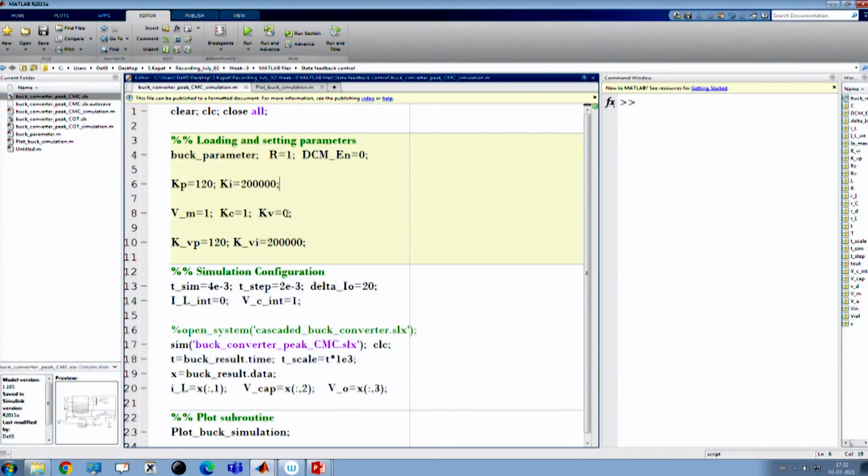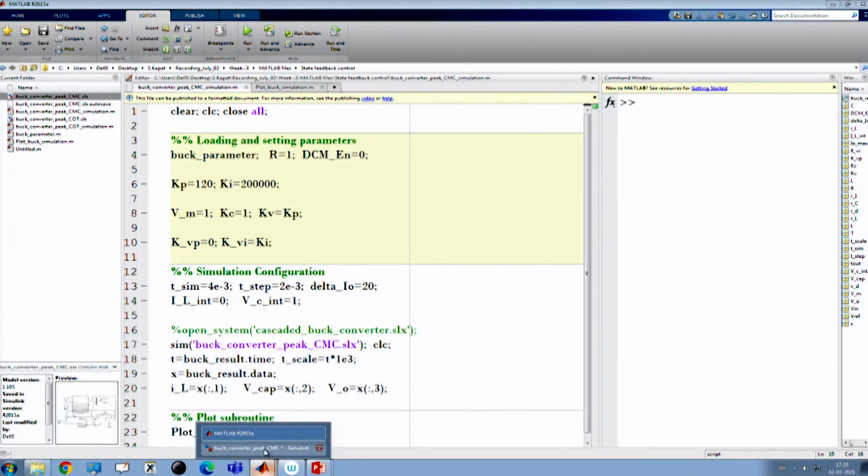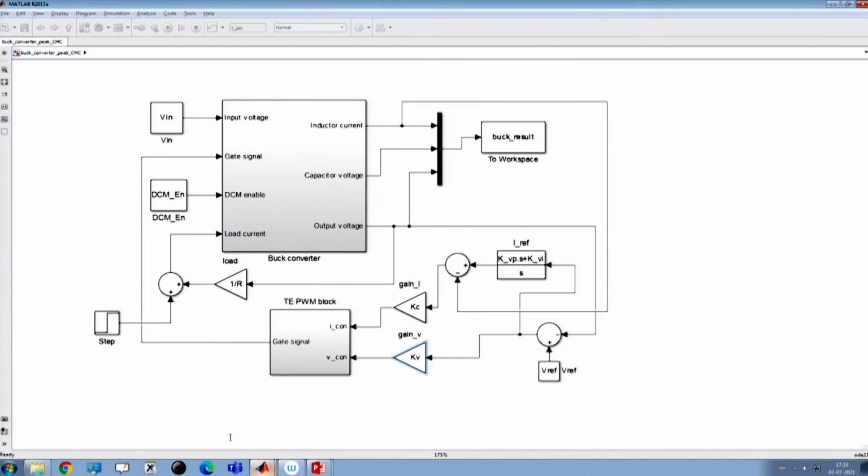So, that means our Kv equal to Kp, and this KVP equal to 0, and the voltage error is simply Ki. So, this is our standard current mode control in which we are taking this architecture.